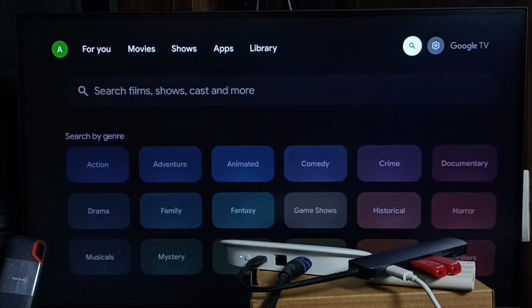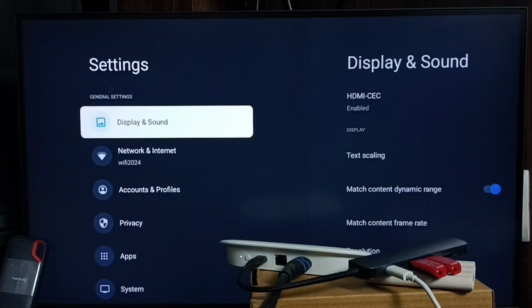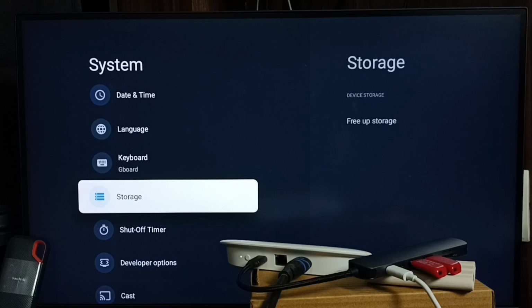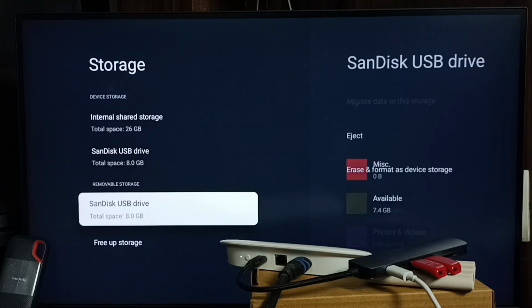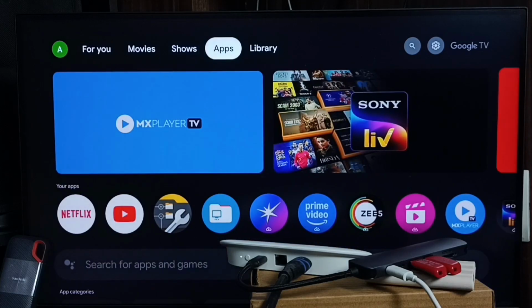Then go to TV and ensure that this USB flash drive is mounted properly. Go to all settings, go to system, go to storage. Here you can see SanDisk USB drive under this removable storage. That means this USB flash drive is mounted properly. Then go to apps tab,